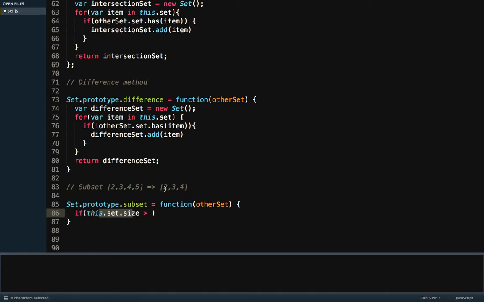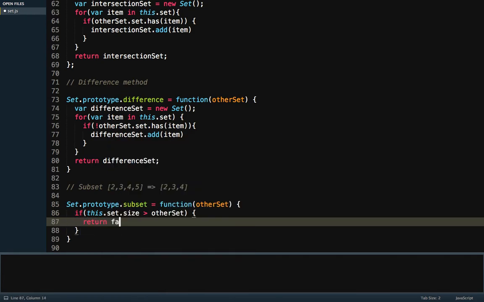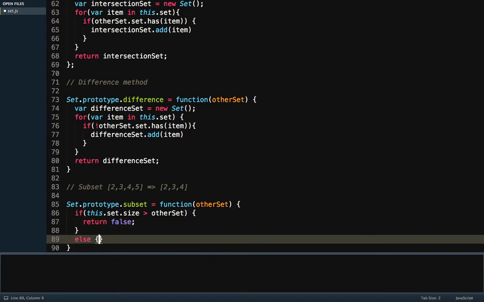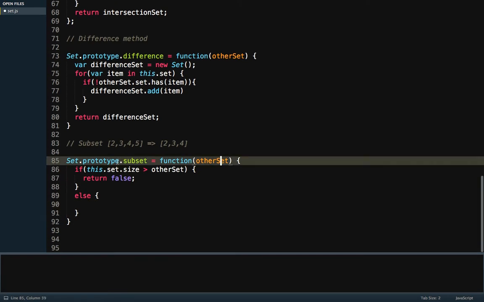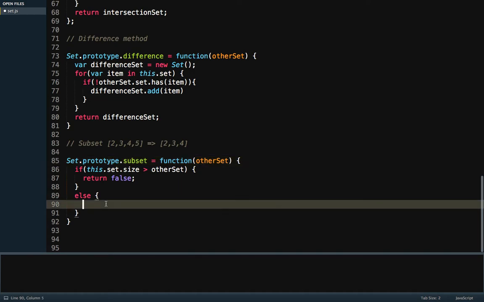So if this.set.size is greater than the other set's size, return false, because it's not a subset, because we're comparing this against the internal set. Otherwise, that doesn't mean they're the same length, but what we can do now is